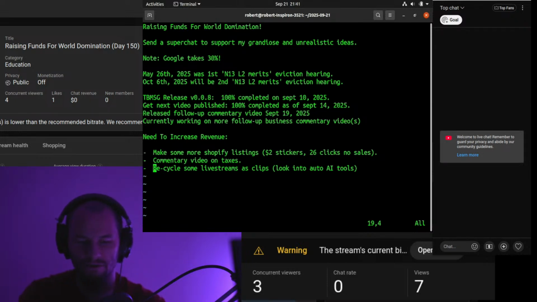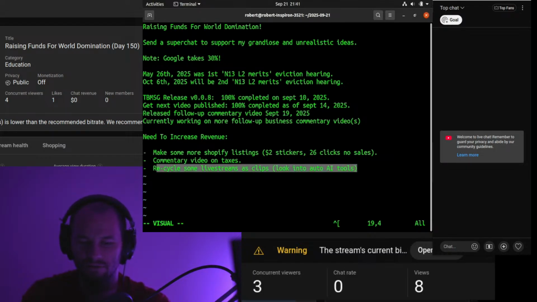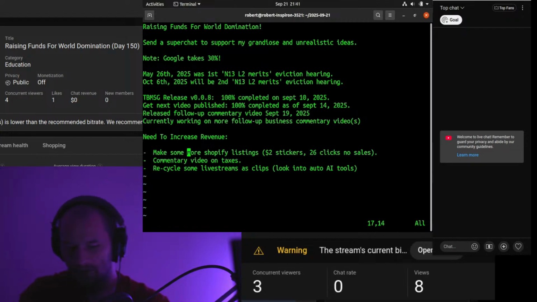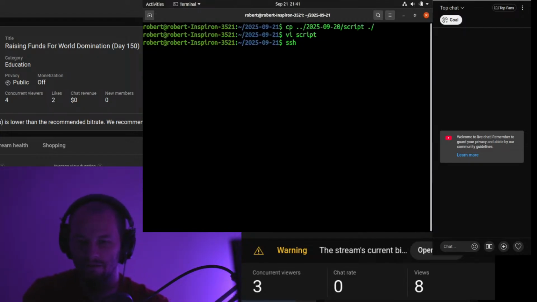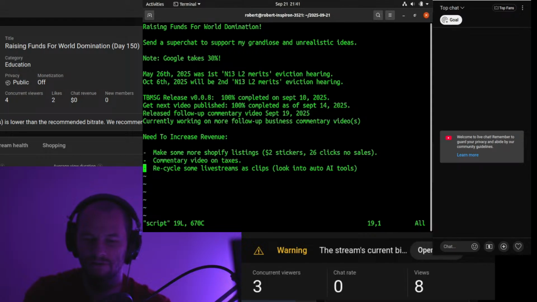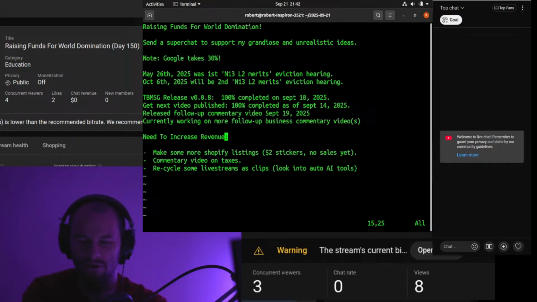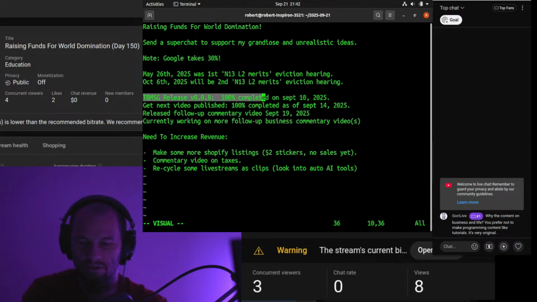Yeah, the other thing on the to-do list is recycling some old live stream clips, which I've not made any progress on. Other than that, I'm going to continue working on the block mining simulation game. So for the last release, I did a lot of work to completely refactor the terminal, the actual screen layer updating, and the next thing I'm going to work toward